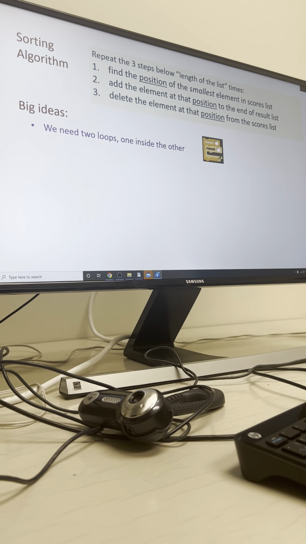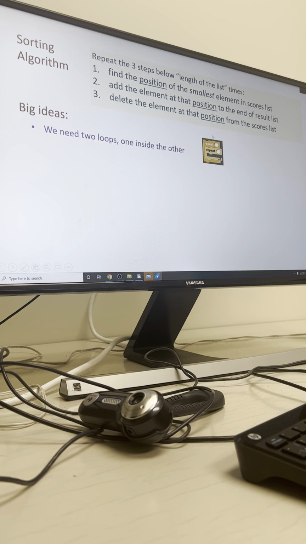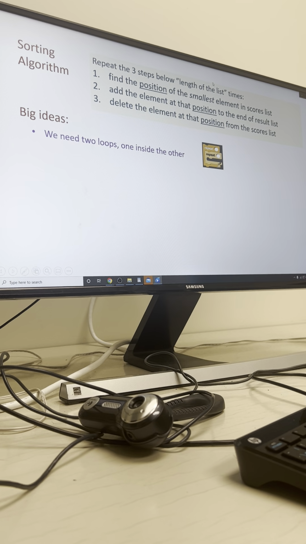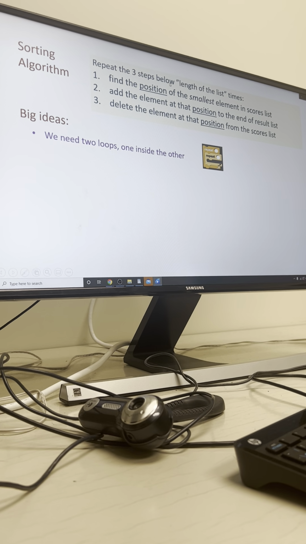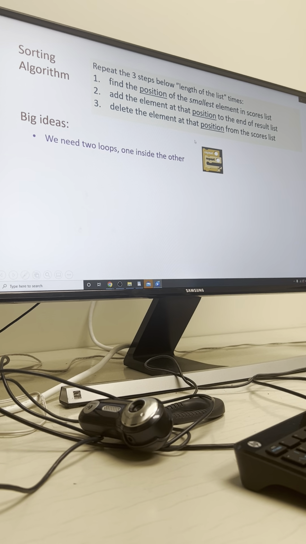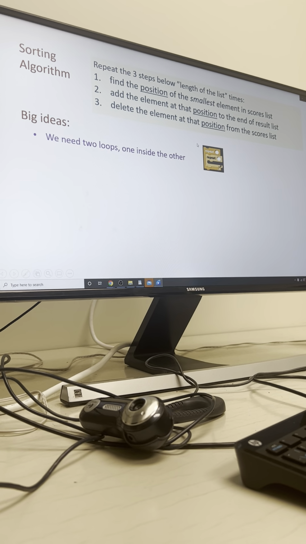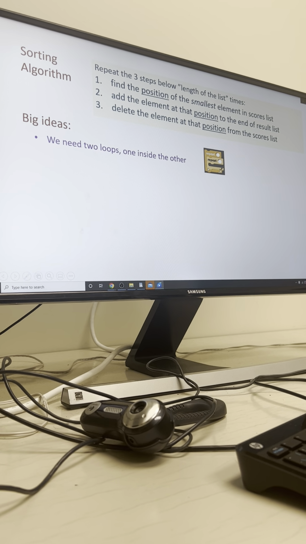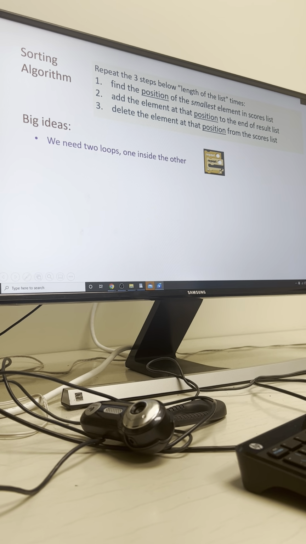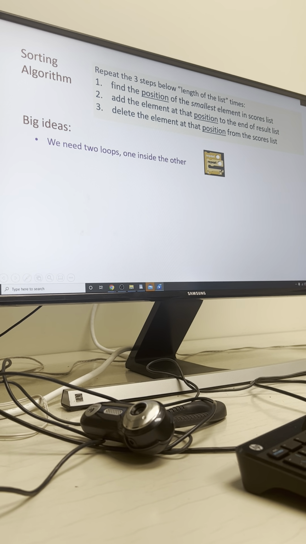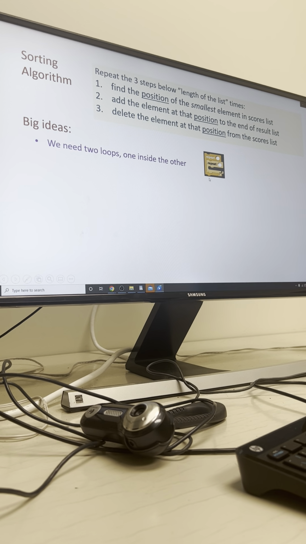Well, the first one, which we call the outer loop, this sort of darker yellow one here, does this whole repeat business, right? So repeat the 3 steps below for the length of list times. That's what the outer loop is actually doing. But we also need a second loop, this inner loop here, that finds the position of the smallest score in our list. The second loop has to be nested, right? So this light yellow loop is inside this darker yellow loop